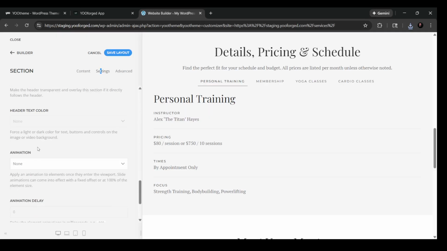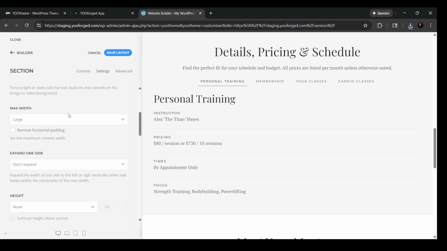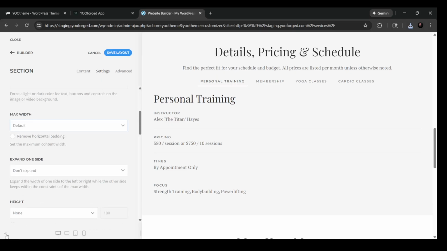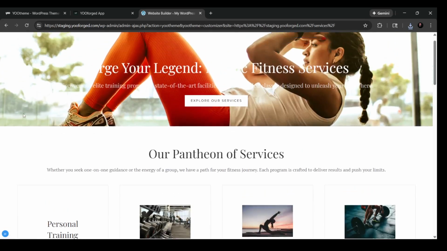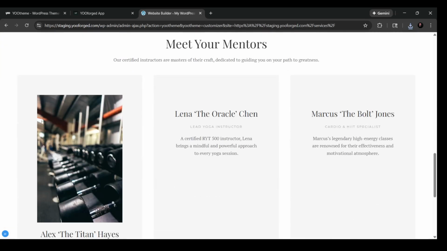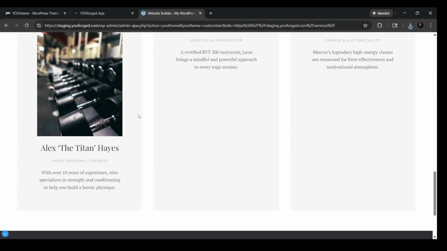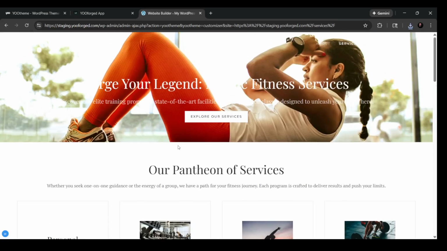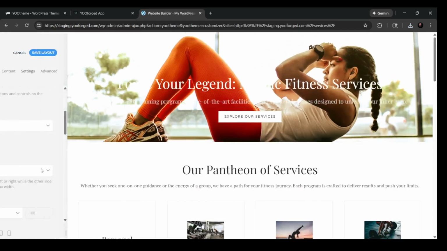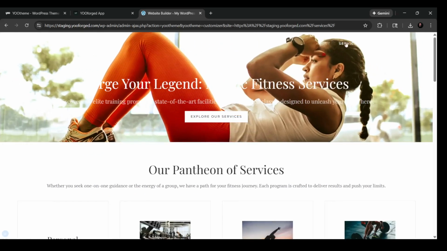One thing I might do is I don't like how the sections are varied in width. It might actually be that all sections are large width, so we might be fine there. But I tend to prefer just the default width, which is fine. So this needs a little bit more work for sure for the services, but we have a good start. And then we'll just do